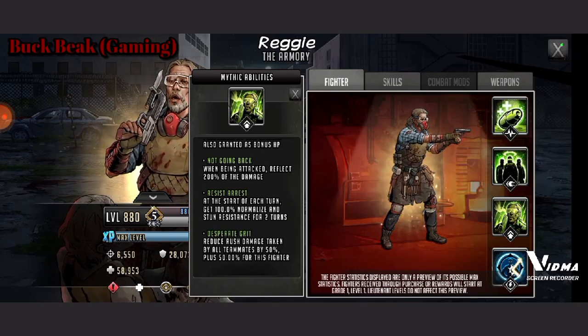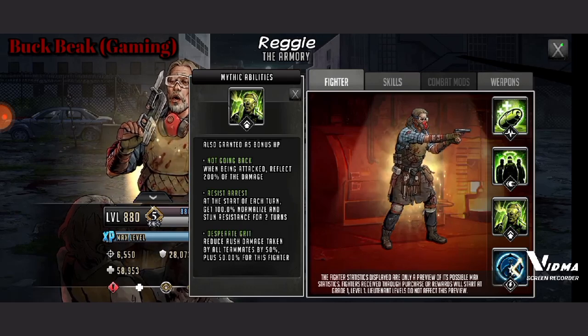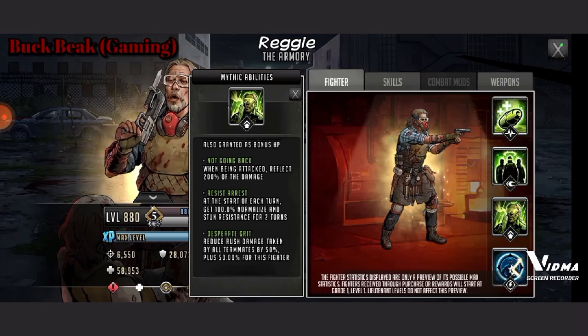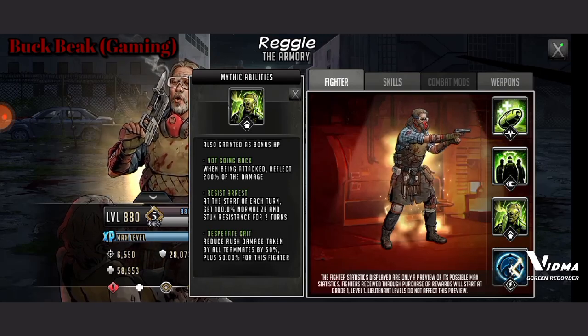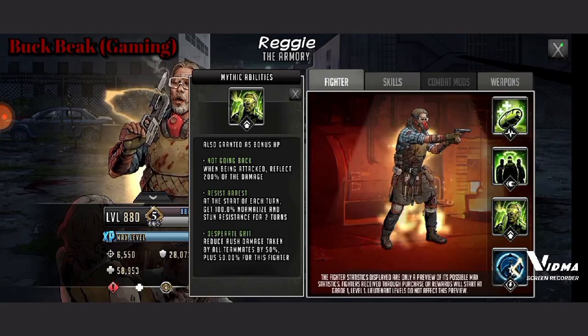So, not only is he reflecting 200% of the damage, you can't even normalize this guy. And Scopely's going to be wondering, oh, why are people quitting our game? Well, when you come out with shit like this, which it sounds like I am complaining, but it is